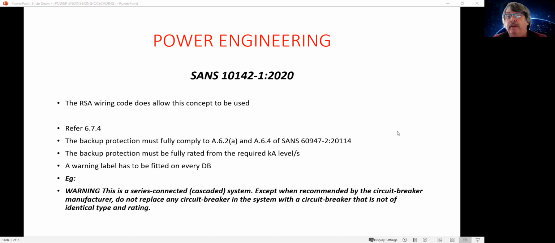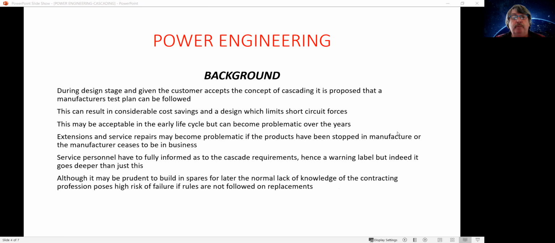suitable label, and many of the manufacturers have a label to warn you. It's got to say something as per the bottom indicated here. So if you come across this in the actual real world, it means that that system has been cascaded in terms of the performance. So when we have a look at it in the design stage, the customer may accept a cascading approach